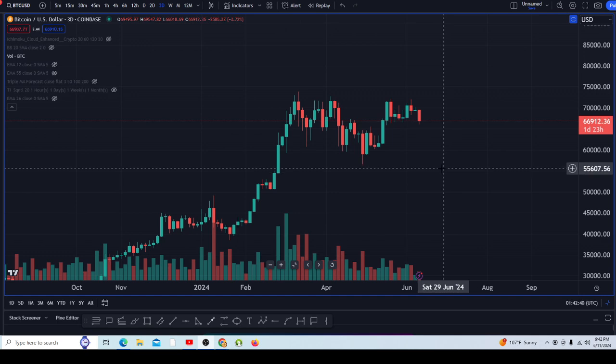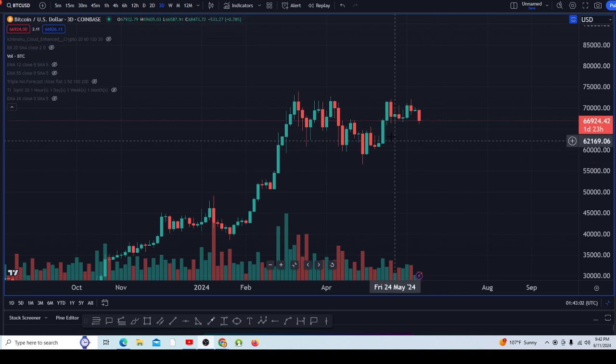Talking about Bitcoin here. I'm on the 3 day chart, and I like to use the 3 day chart because we get kind of away from the daily chop and we get away from the weekly examples of consolidation, distribution, potentially reaccumulation. And we get a sense of basically in the structure of the recent candles, what are we actually looking at